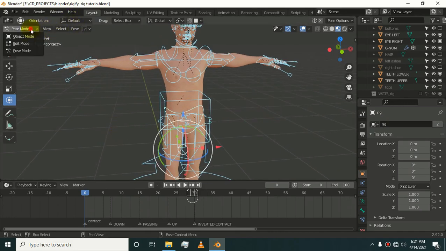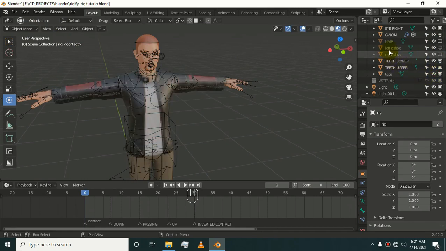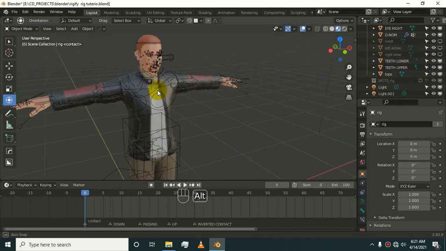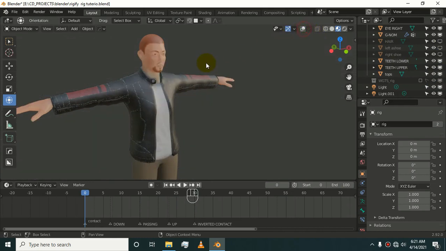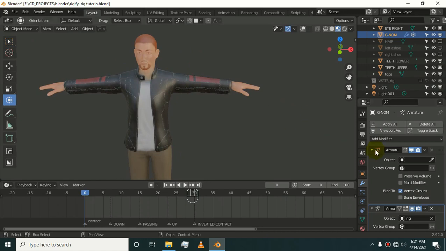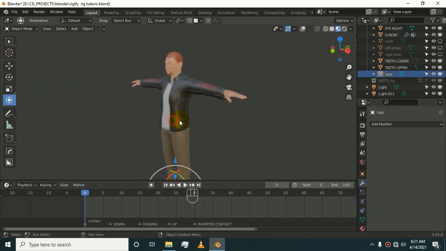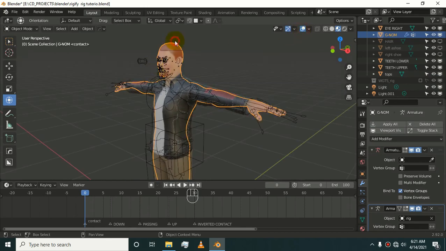Now go to object mode and turn on the clothes you have. In my case I have tops and bottoms and left and right shoe. This is our main character, which I have named genome.